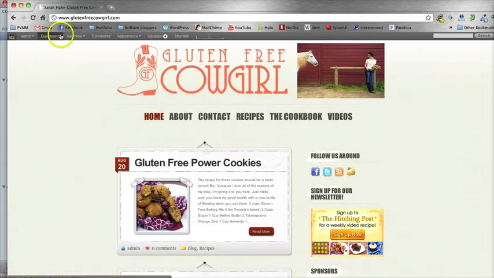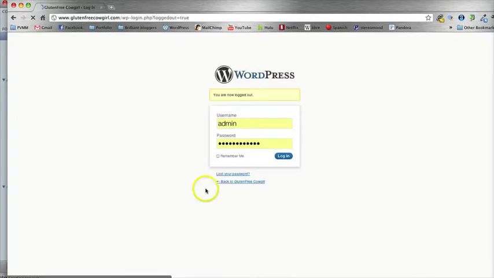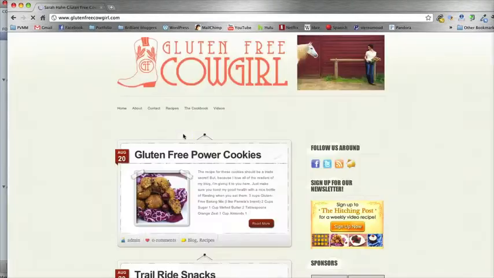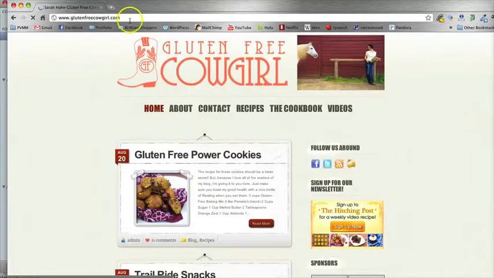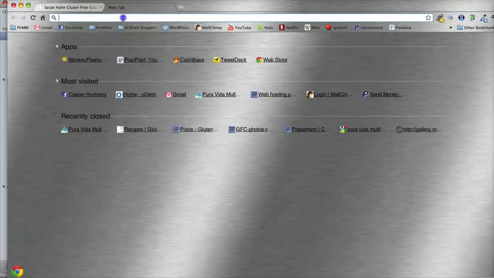Now, if you'll take notice of this gray bar up top, this is here because I am signed into WordPress. I'm going to go ahead and log out, so I'll take you through the whole process from start to finish on how to make a WordPress post from glutenfreecowgirl.com. So we're going to start here, and we see the home page just as any user sees it. In order to sign in, first I'm going to open up a new tab. I'm going to hit Command-T on my Mac, or you can hit Control-T on a PC, and type in